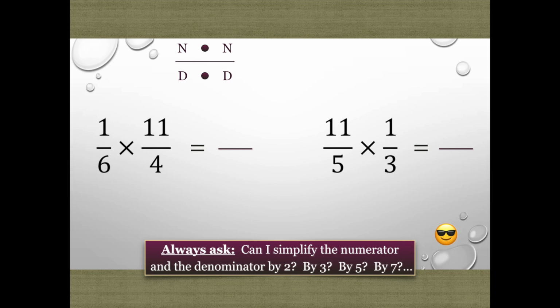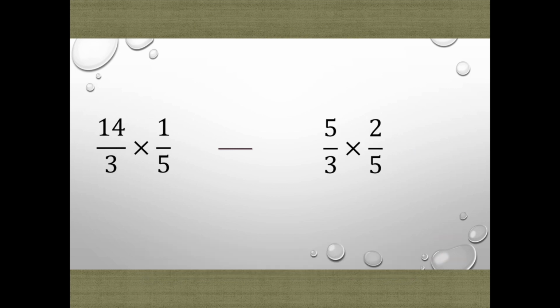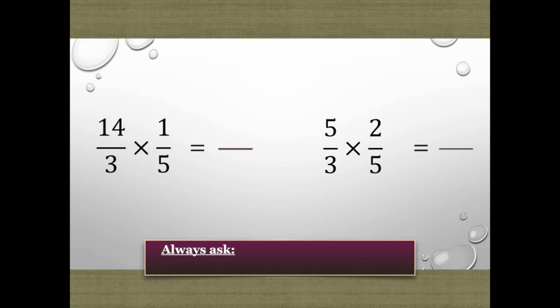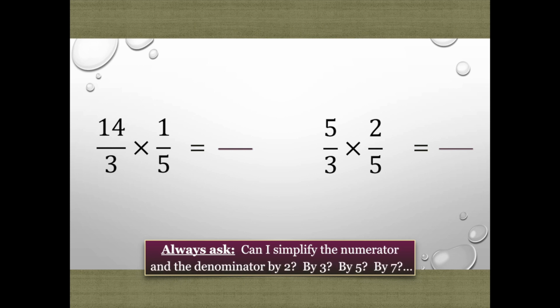Second problem is 11 over 5 times 1 over 3. Again, multiply the numerators and multiply the denominators, just like that n times n and d times d shows. Next couple problems here, we have 14/3 times 1/5. We're going to do the same thing. Of course, on that one, you'll get 14 in your numerator, 15 in your denominator, and ask, can the numerator